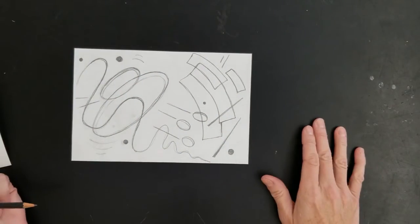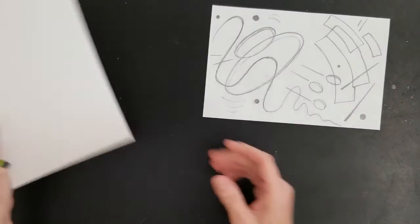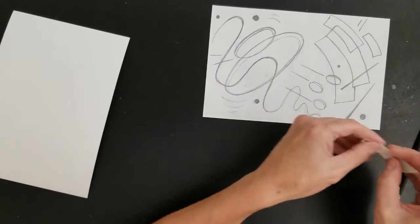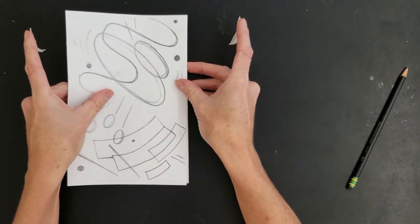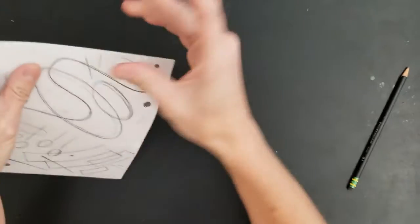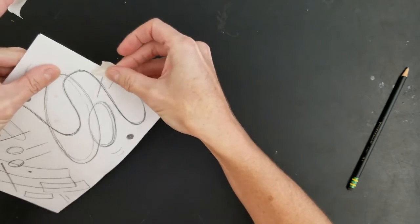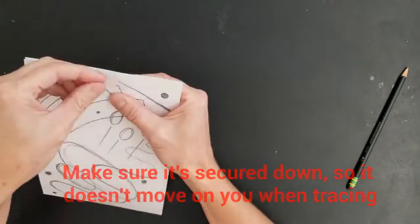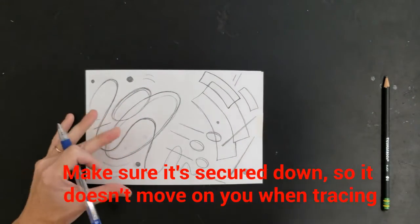I used my pencil, and now I'm going to transfer this onto my scratch foam board. I'll take a piece of tape and make sure that my scratch foam board is cut to the same size as my design. I'm going to tape down the top and the bottom. Now that it's taped on there and it's nice and secure,